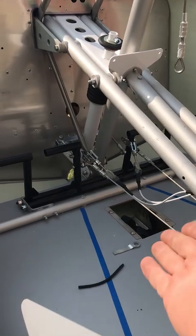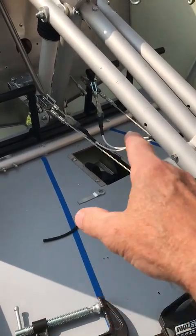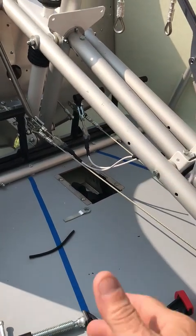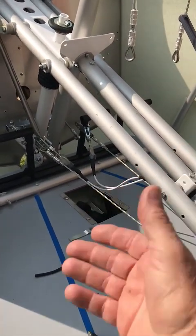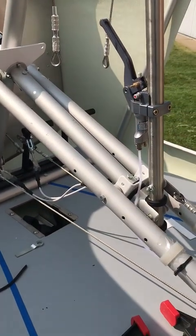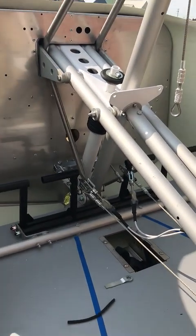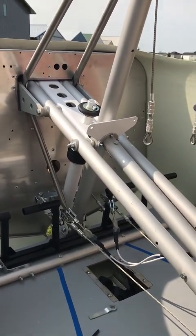There's the changes. There's a battery indentation, a little holder for the battery so it doesn't stick up quite so much. I thought it was very, very convenient to have the battery right there. It's really accessible in case you need to jump. They are now supplying